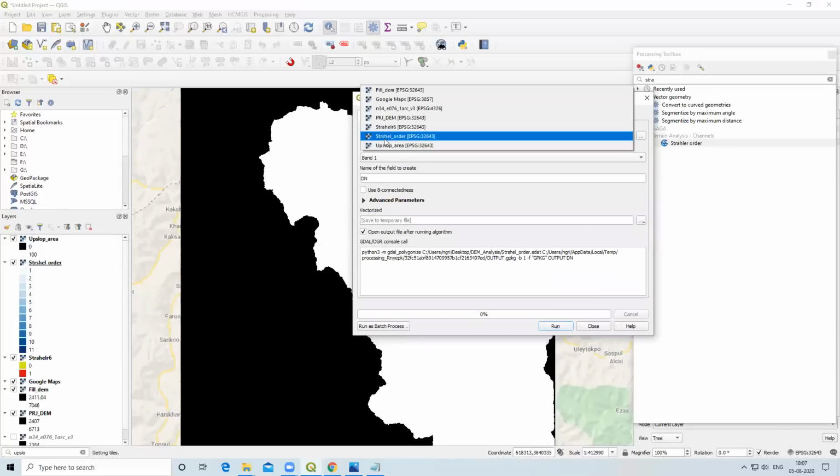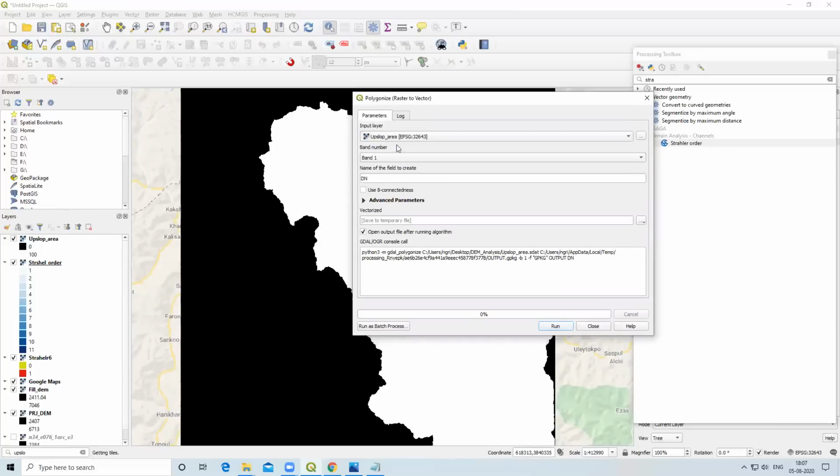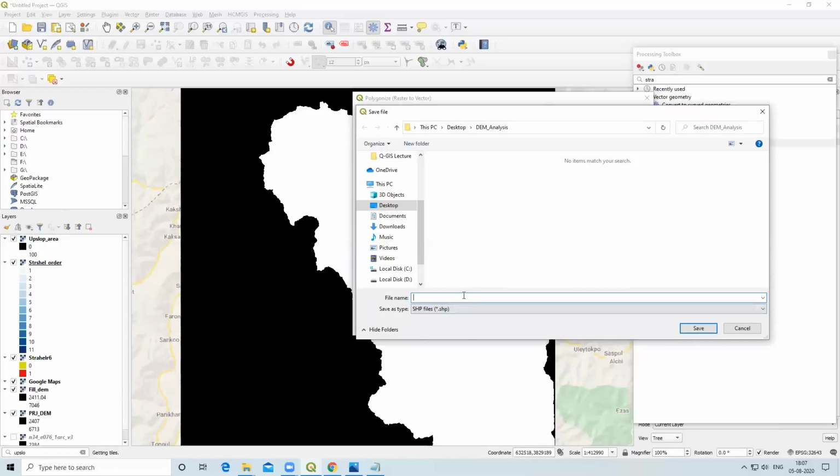Here I will select my upslope area. This is our watershed which we have created. Other things I will keep as they are, my DN and number. I will save this by the name of watershed. So now we are converting this raster into a shapefile.